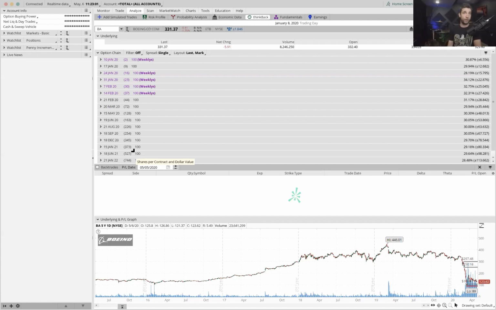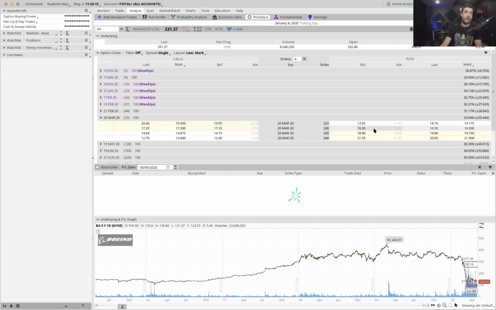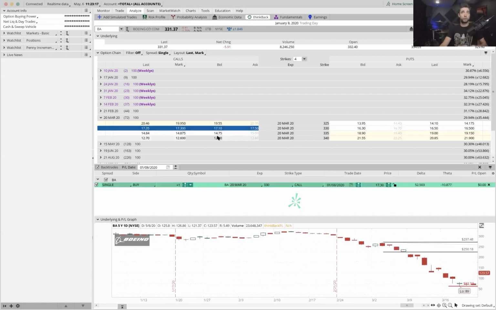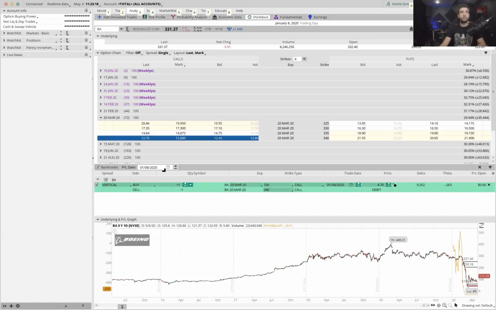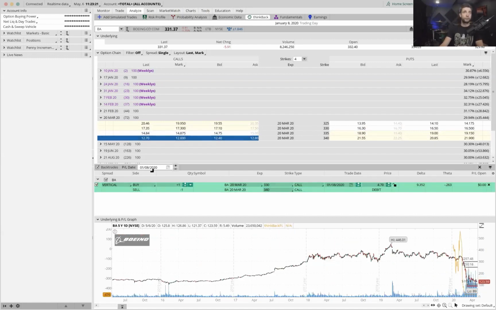It's a closing record, so it's not intraday. It's just the closing price on that day. It keeps a record of all the closing options prices. It keeps a record of all the closing stock prices. You might say, well, what good is that? Well, you might say, well, had I set up a bull call spread on the 8th of January of this year, had I set up a bull call spread, and then, at that time,